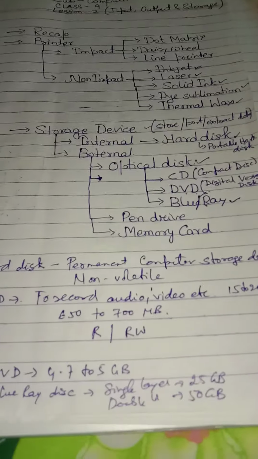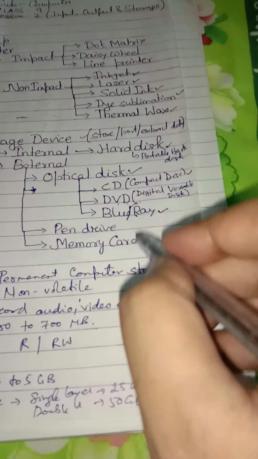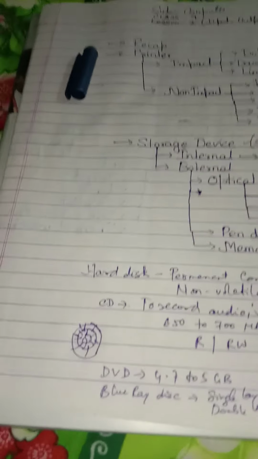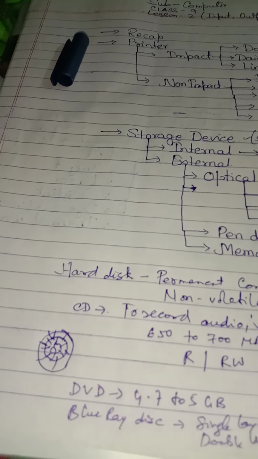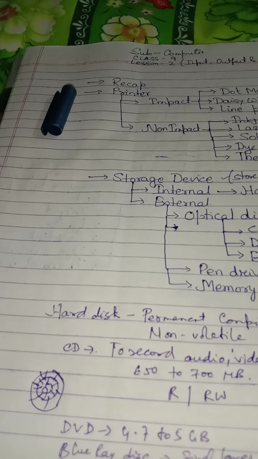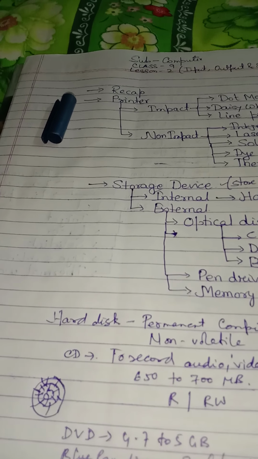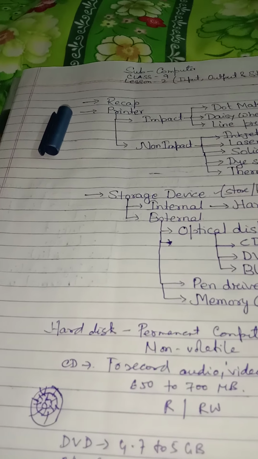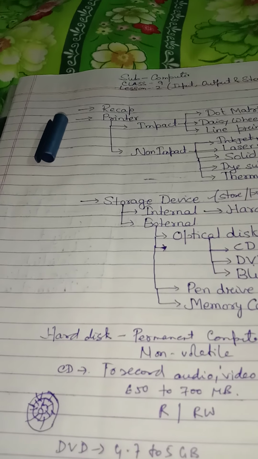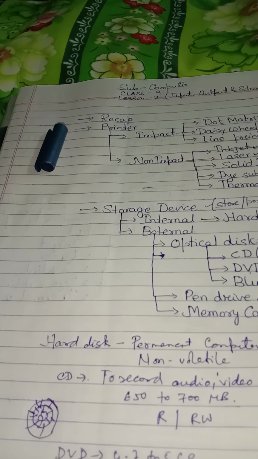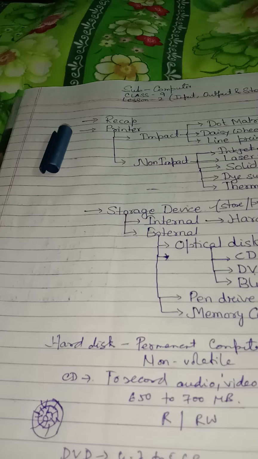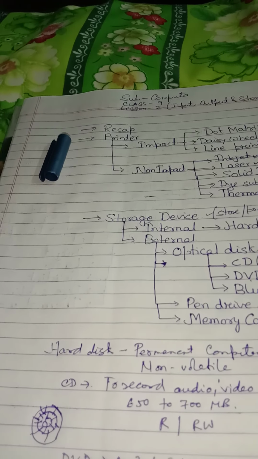Next topic that we are going to discuss is pen drive. It is also known as the flash drive. It is a small portable device that can be easily connected to the computer or other devices. The data stored here can be easily erased and the new data can be put in it again and again. So it is a small portable storage device which can be easily carried from one place to another.